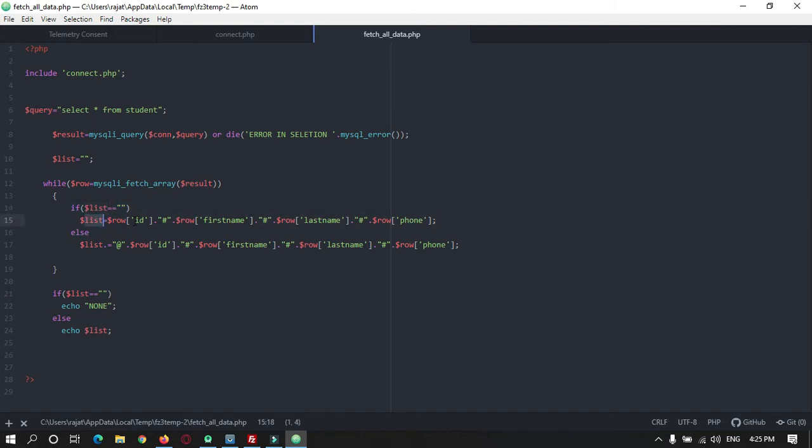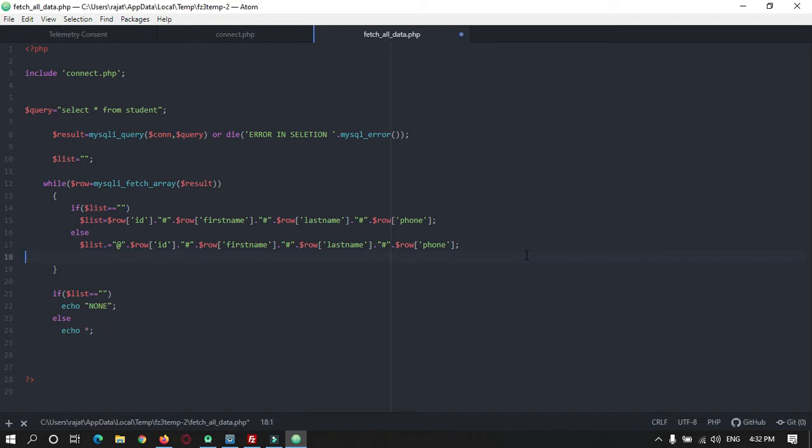First we are fetching ID, first name, last name, and phone number. Each piece of data is separated by a hash symbol, and a new user, meaning the next person's data, is separated by the at the rate symbol. Then we are just returning the variable.